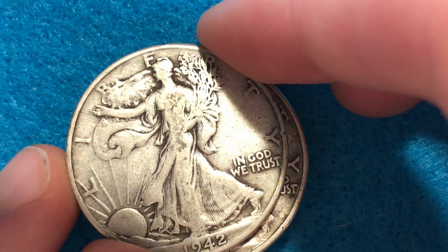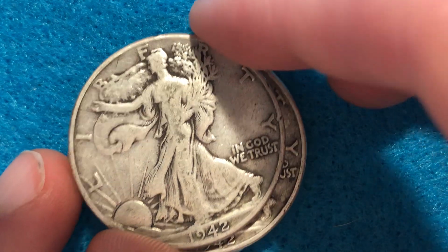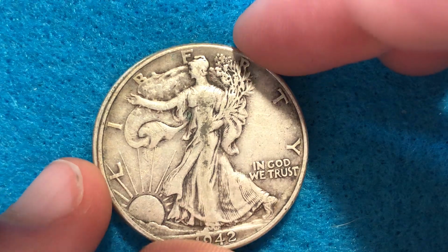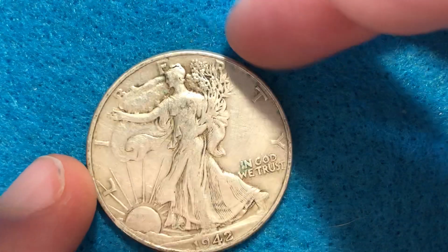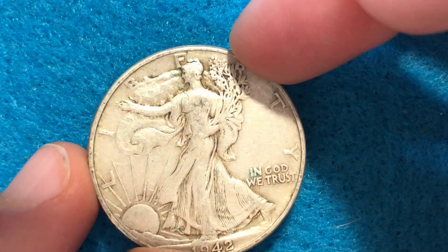And we can see a lot of good detail on Walking Liberty's dress or skirt right there on the obverse side of the coin. So we've got three 1940s that are part of my collection. And this is probably the most worn out one that we've seen so far, but still got some good definition to it. All right, on to